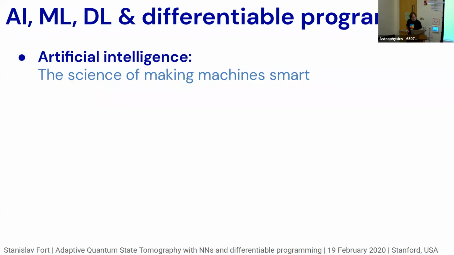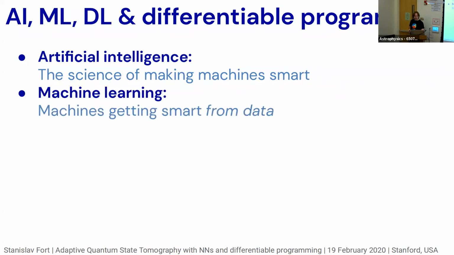But for our purposes, the other three terms I'll discuss are more relevant. Machine learning is a part of AI that focuses on learning things from data. So it's making machines smart based on data. Artificial intelligence, on the other hand, has other components. Planning, for example, or you can put knowledge into some graph and use it. Machine learning in particular uses the data to learn things from them as they are.